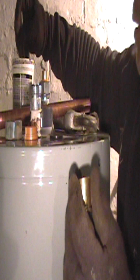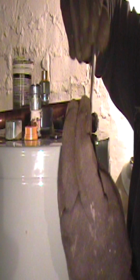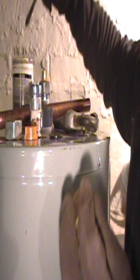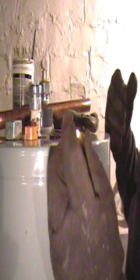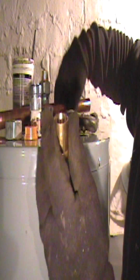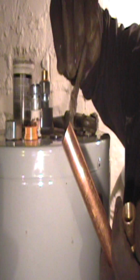When you run copper pipe in your basement, you're going to run mostly 3/4 inch pipe throughout the house until you get down to the plumbing fixtures, to where you're going to decrease it to 1/2 inch on each fixture. But until then, you want to keep it all 3/4. Now we'll clean that end, and we're going to clean this end of the